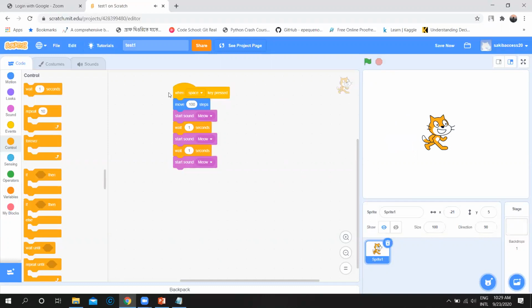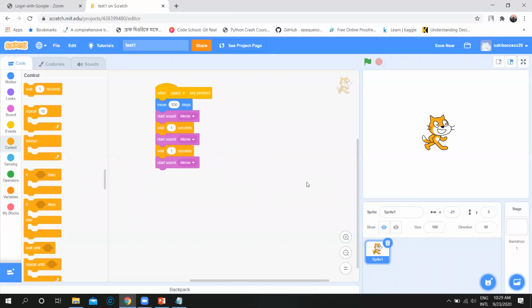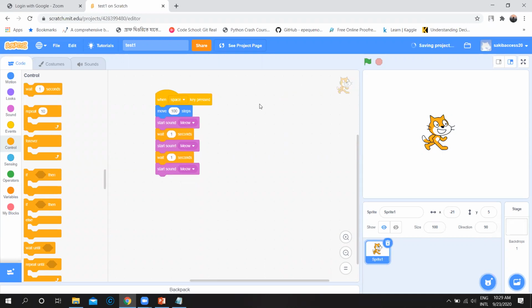So that's how you can improve your logical development. That's the actual programming. So I hope you can relate to it. That's why, not only in the USA but now in all other countries, they have started teaching Scratch. In Bangladesh also, they have started to teach Scratch at the primary school level. Whenever you work on it, it might look very simple, but ultimately you will improve your logical development.